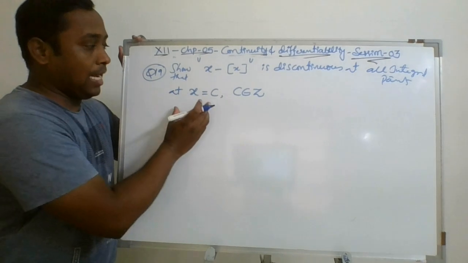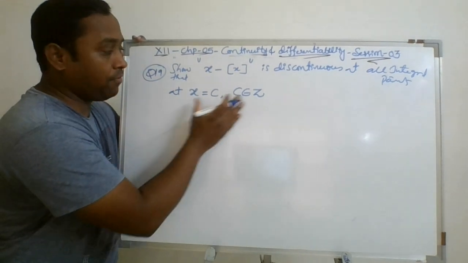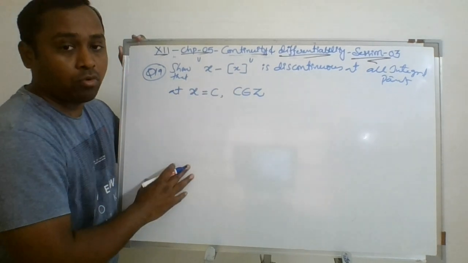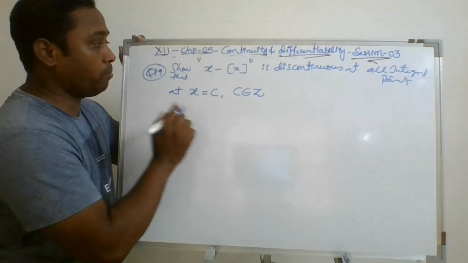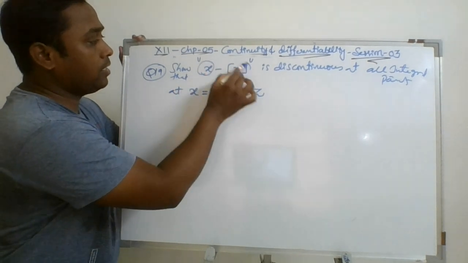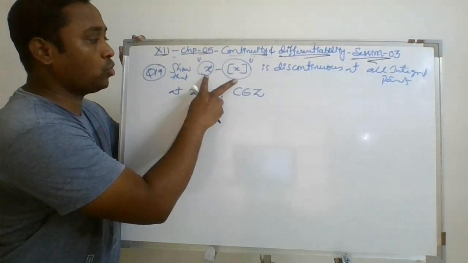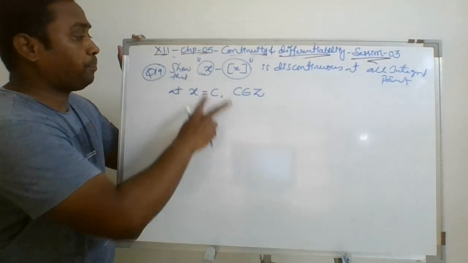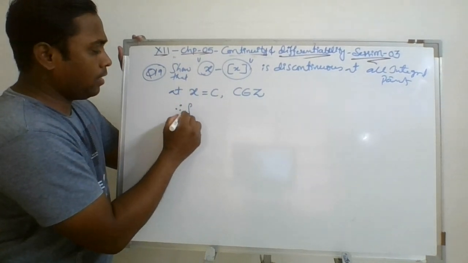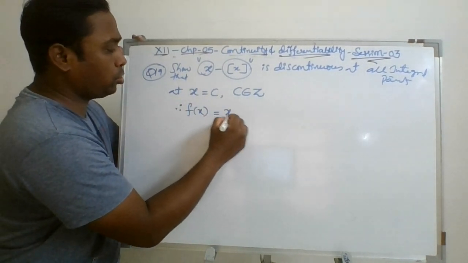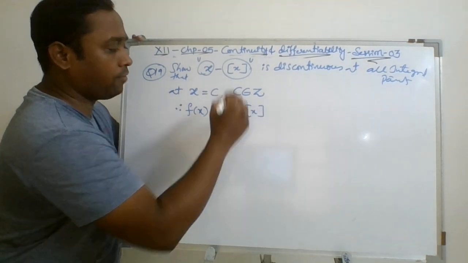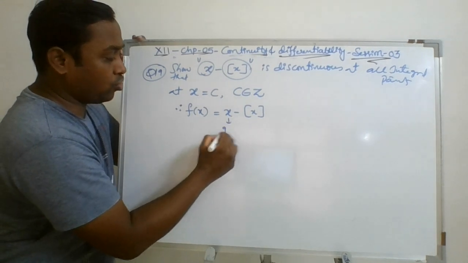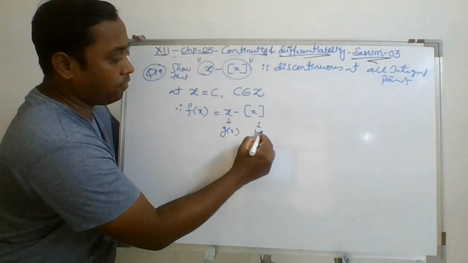So finally, given the domain in which we need to check the continuity, no need to bother about the domain in this case. But if you observe, this is again a combination of two different functions, that is, algebra of two functions. Hence, here you can say, let f of x is equal to x minus greatest integer function, where we can say this is g of x and this is h of x.